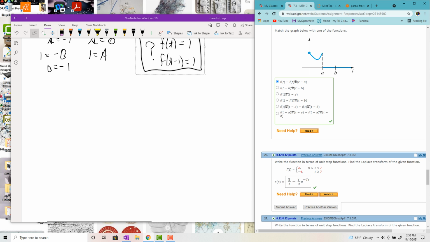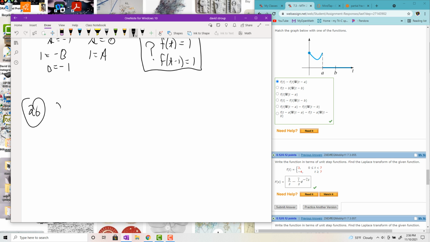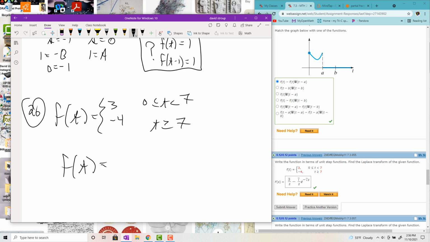What is this? Number 26. I want f of t equals 3 and then -4, from 0 to t less than 7, and then t greater than or equal to 7. So first I want it to just be 3 plus something that's turned off. Then at 7 I want that other part to turn on. So plus something turned on at 7. So to make everything -4, I'm going to have to go